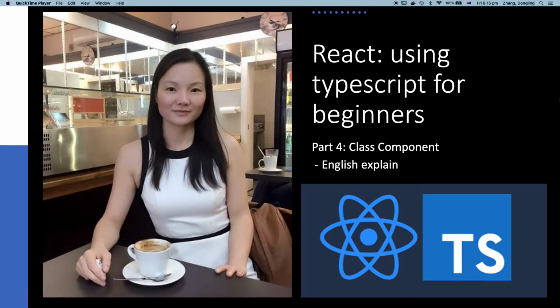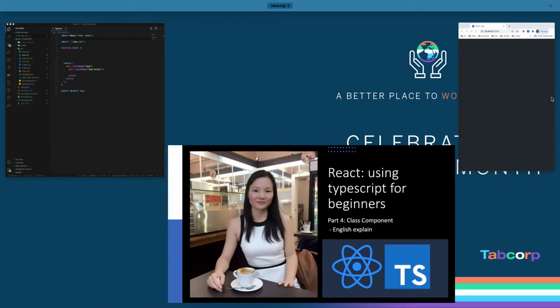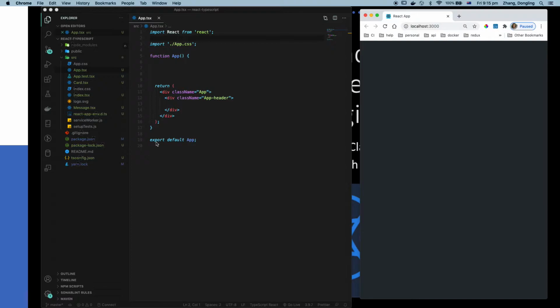And today's topic, we are focused on class components. Last topic we did functional components. Now I've cleaned up again. Last time we built a card and a message using functional components. Now we are going to build another one with class components, so we get familiar with how to write class components in TypeScript. And how about we just write a countdown,